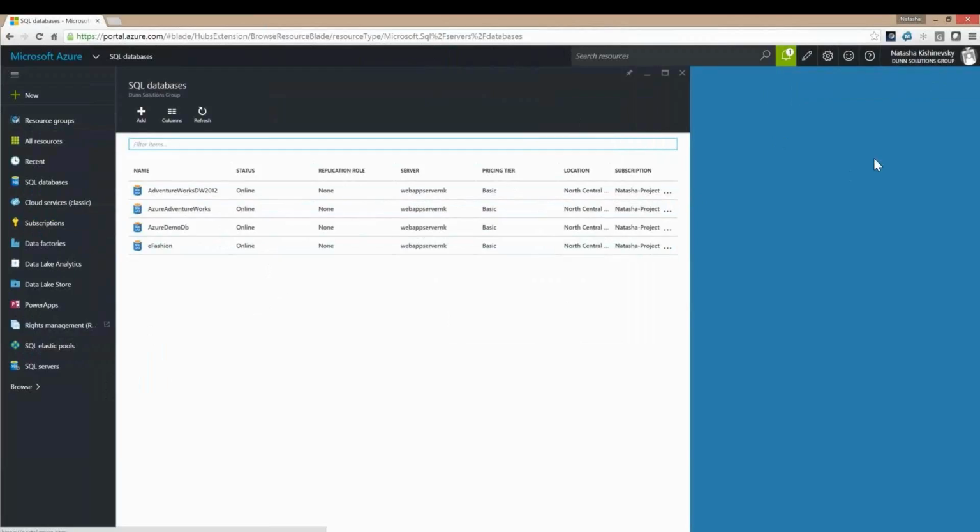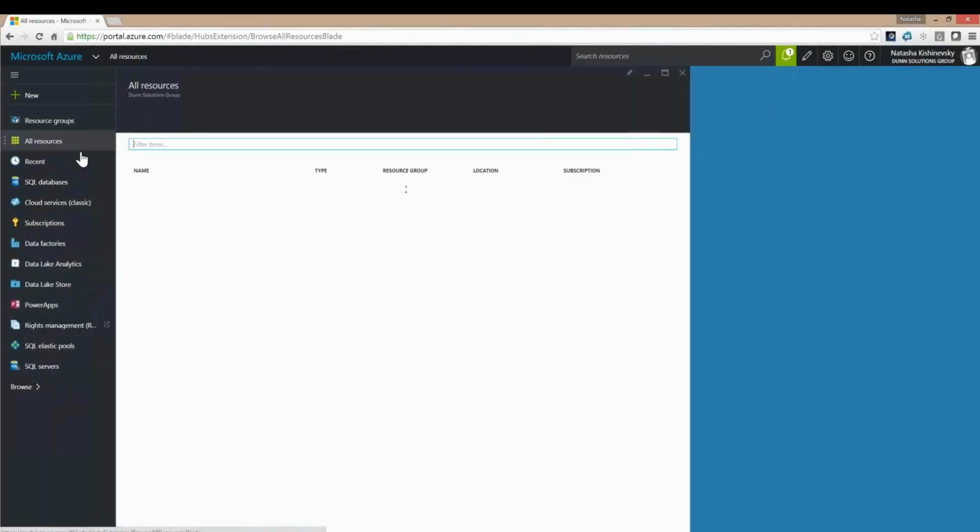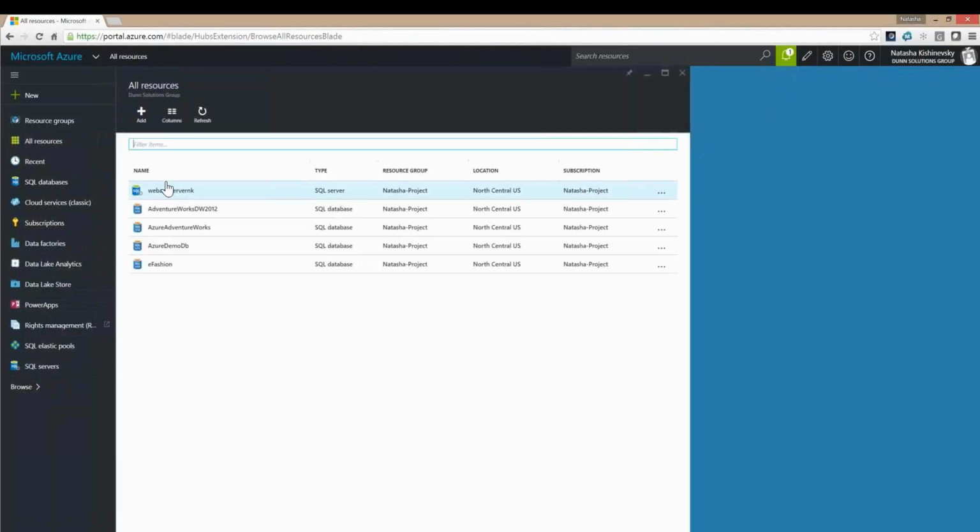Based on your security privileges, you'll have access to a variety of different resources. I have access to SQL Server databases, other cloud services, data factories, data lake analytics, and so on. I can also create my own SQL servers here, as I've already done in the past. Let's look at all the resources that I have available on my portal. I have one SQL Server that I've created, and I also have a few SQL Server databases that reside